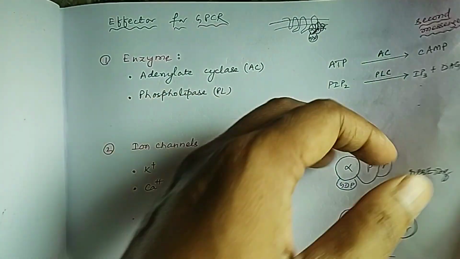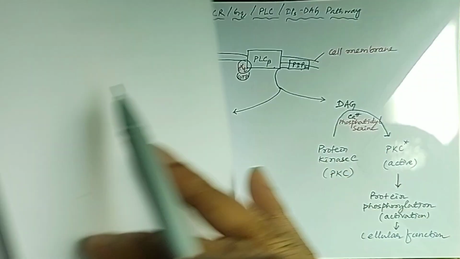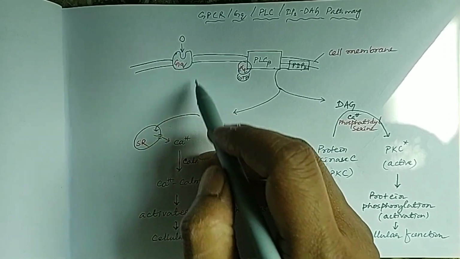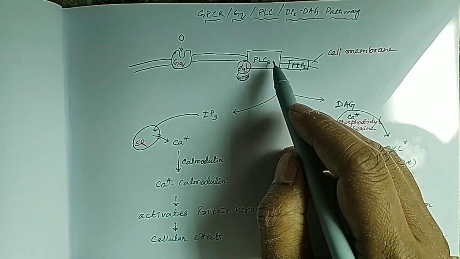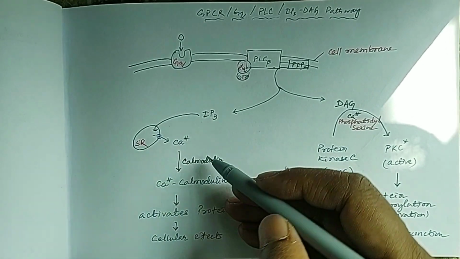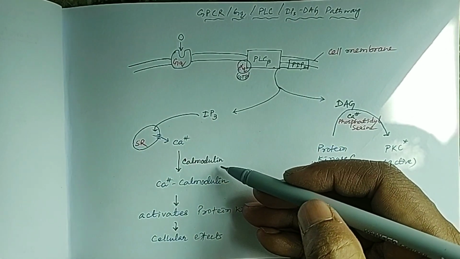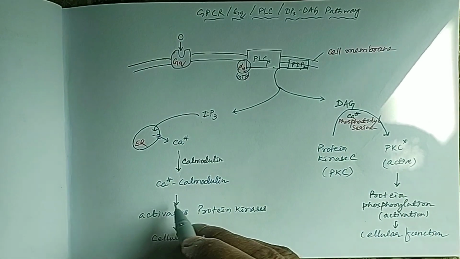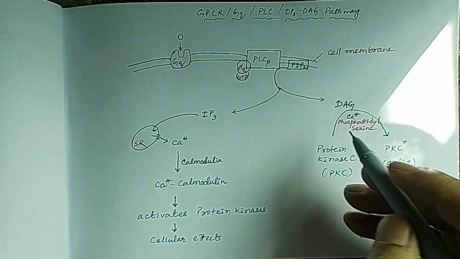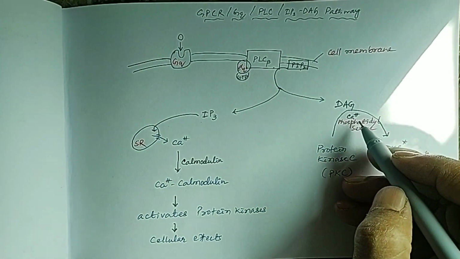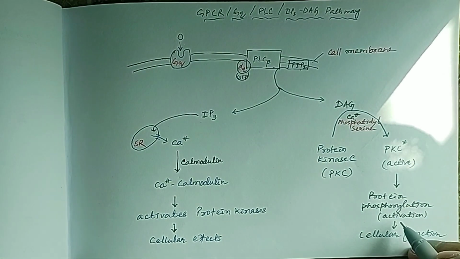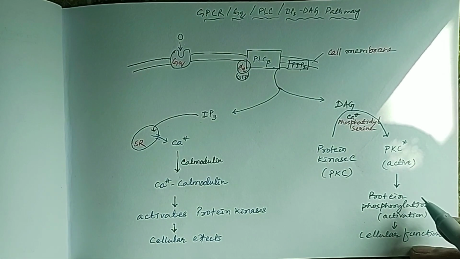So how do cyclic AMP, IP3 and DAG function? Let us see one example. This is a GQ type of receptor where phospholipase C is the effector. IP3 acts on the sarcoplasmic reticulum to release calcium. Calcium binds to a cytosolic protein, calmodulin. The calcium calmodulin complex activates other protein kinases and produces cellular effects. Similarly, diacylglycerol, in the presence of calcium and phosphatidylserine, activates protein kinase C, which phosphorylates other proteins to produce